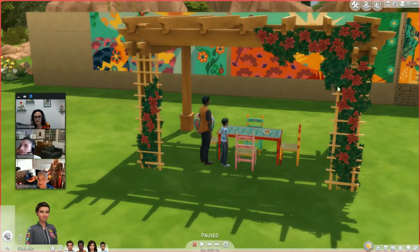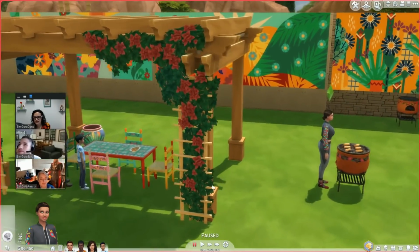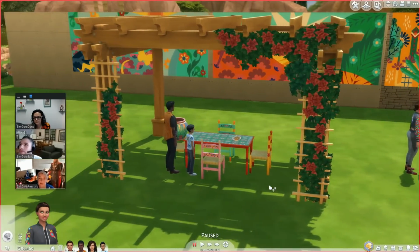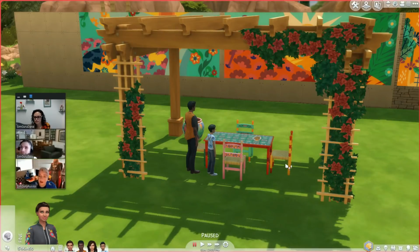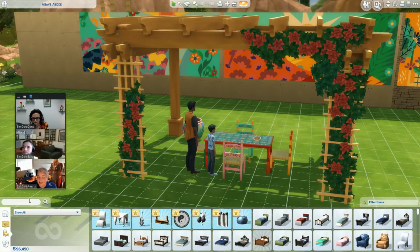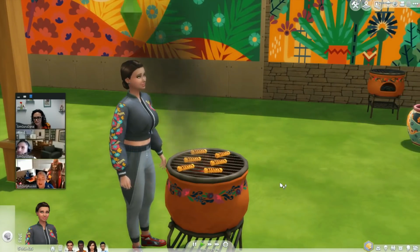And the final thing in the build buy section of this was this beautiful pergola, which is so exciting. I don't even know how to describe what a pergola is, but you can use it as a little awning type thing, over an eating area outdoors. You could use it as an entrance to a restaurant if you wanted to, but it's got these beautiful flowers going up this lattice detail on the sides, and it's just so gorgeous. And it came in a bunch of different swatches, and it's got a little bit of a weathered look, and I'm really excited about that item. It's so cute. But yeah, that is everything that's going to be added in the new update tomorrow,